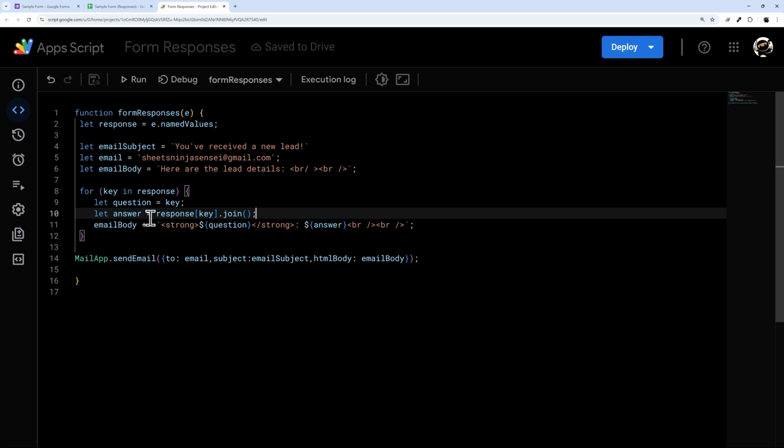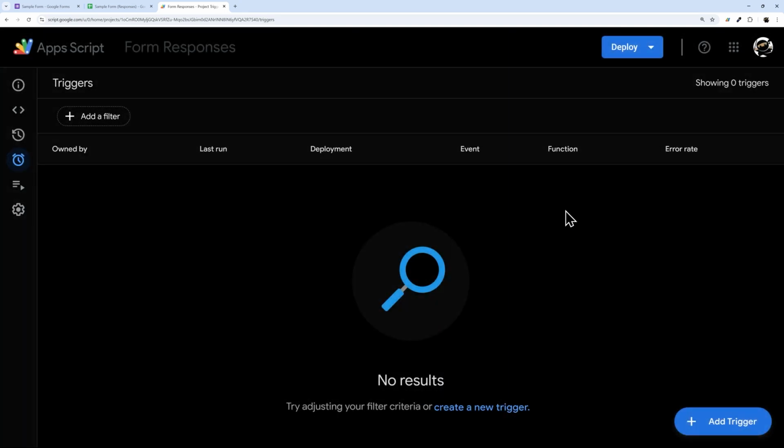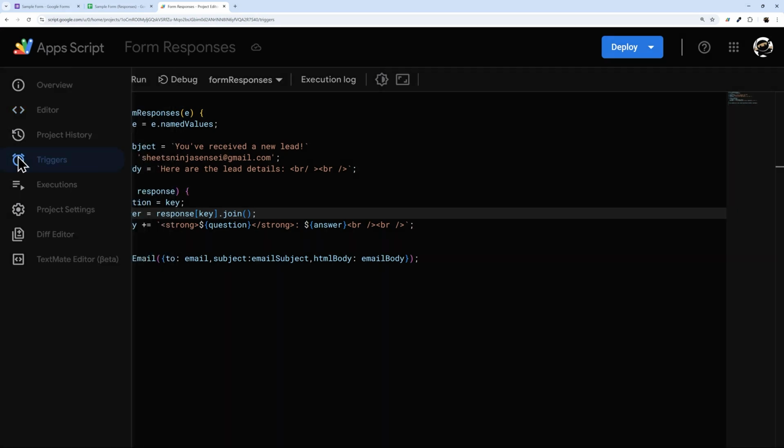So this is it. Now all we need to do is add a trigger so that this is going to automatically run every time the form is submitted. And so I'm going to go to triggers, this clock icon over here. And then we're going to do two things essentially. We're going to authorize the script and add the trigger at the same time. So we could authorize the script by clicking run here. I'm just going to accomplish both at the same time with this